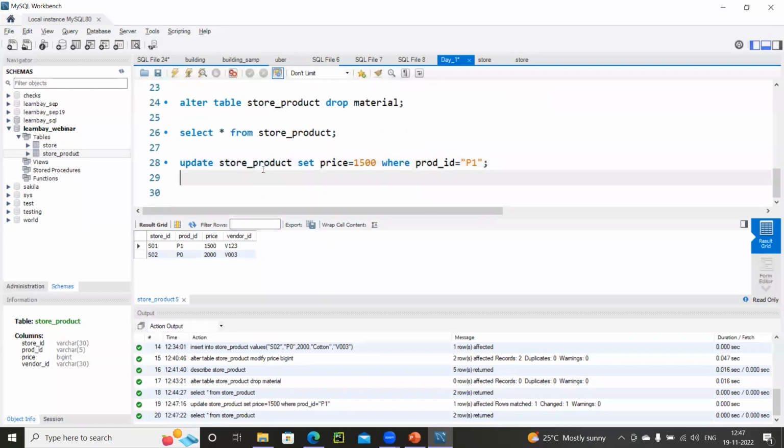Whereas when I do an update or a delete or a select, I can specify a where condition so that only that particular record gets affected, not the schema. So when you want to change the schema, use alter. When you want to modify the records inside your table, use update. As simple as it goes. Am I clear?